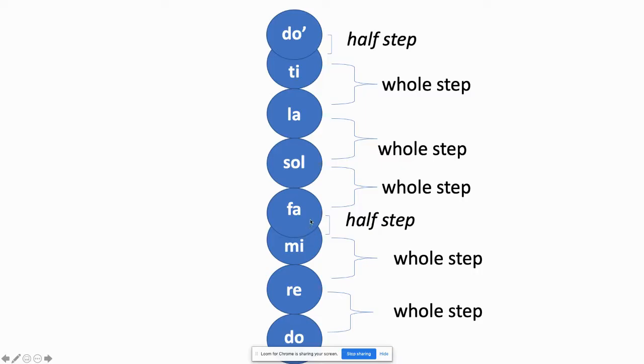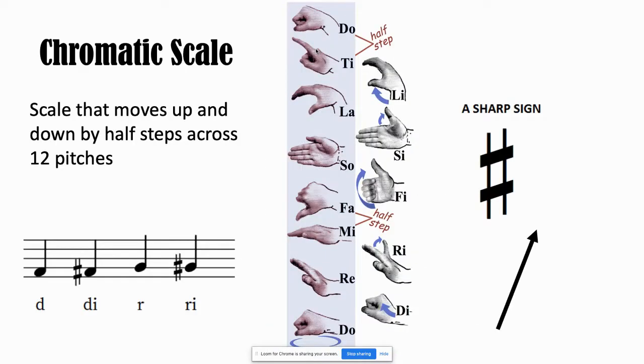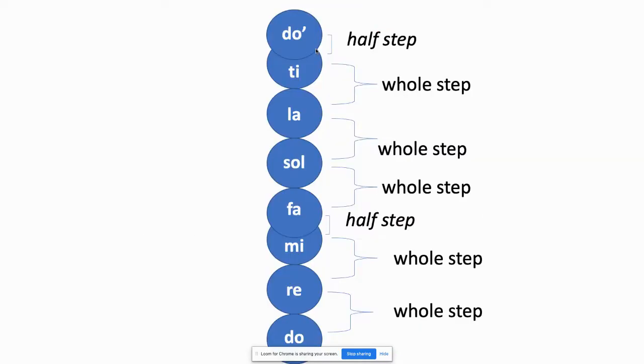Mi to fa, that close, small half step. Fa to so, whole step. So to la, whole step. La to ti, whole step. And then finishing ti to do, that small half step. Let's hear what it sounds like. If this is my do, this is what a major scale would sound like. Coming down would be